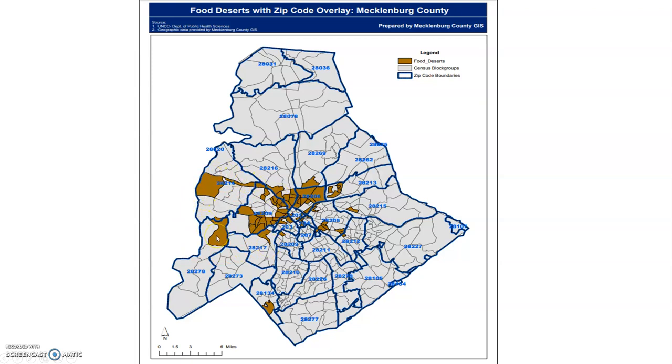So as you can see, based on their study, they identified areas that were considered food deserts versus areas like South Charlotte. They have more full service stores, and like here in this area, the 28078. Now I live kind of near this intersection of 28078 and also 28269 and very close to 28216. So kind of in this area that I'm circling, I live kind of close in this area, and just in